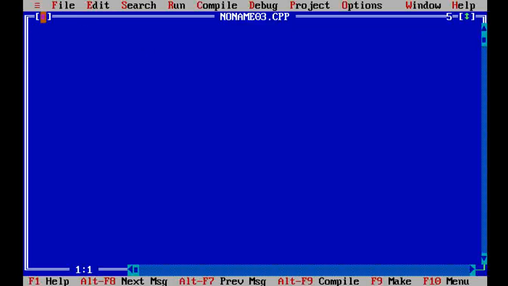Here we write third experiment, that is third program, so that we include all header files, include stdio.h header file, conio.h header file, then start of your program.